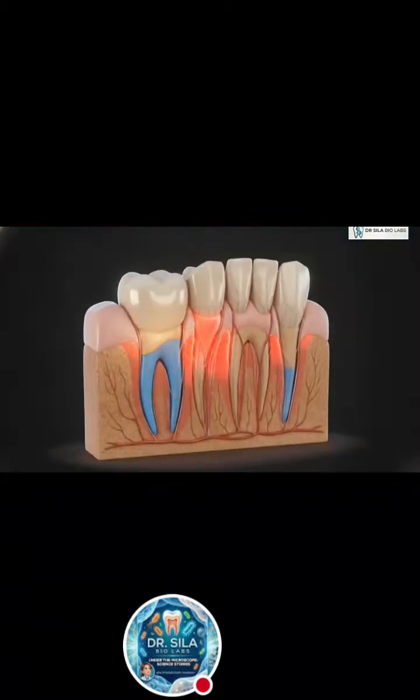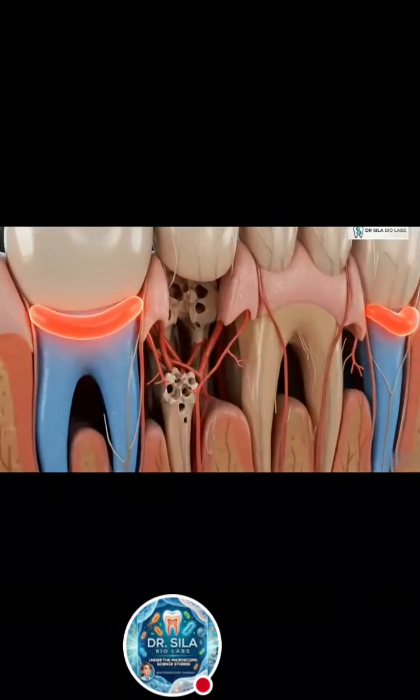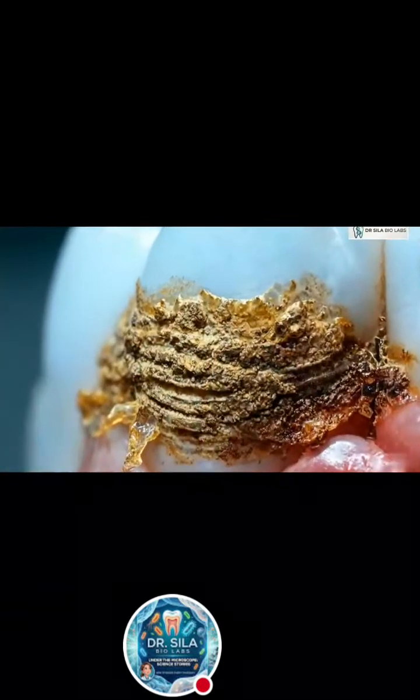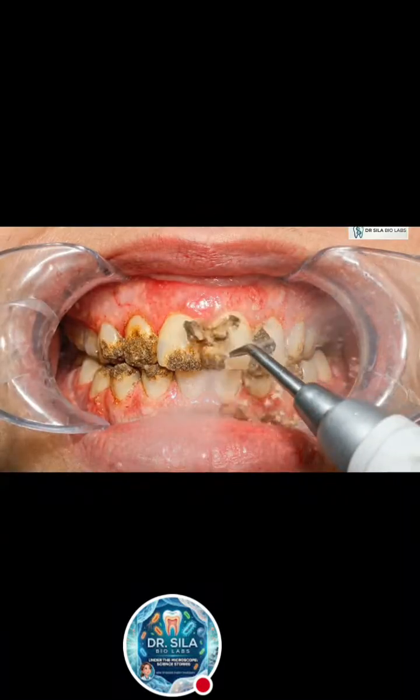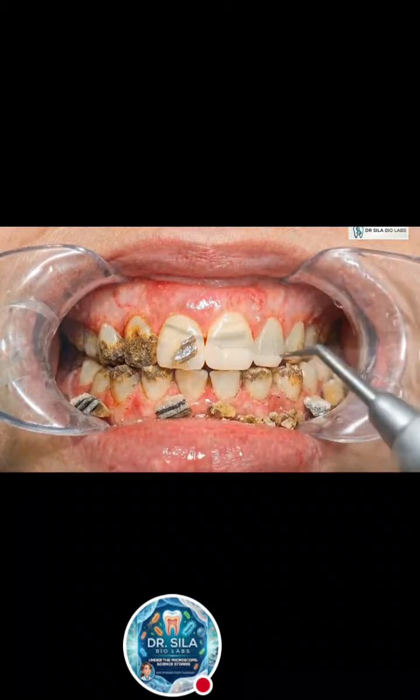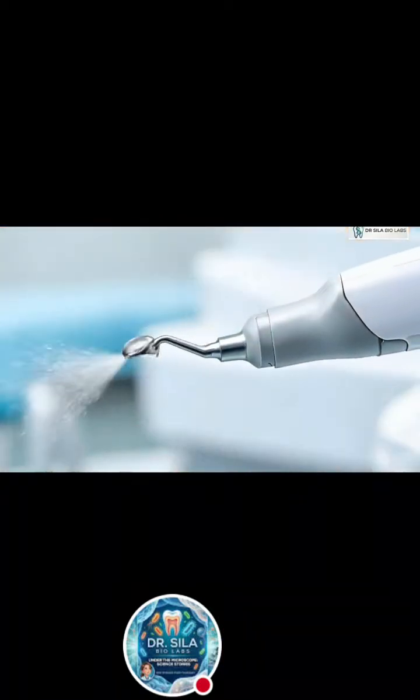As bacteria multiply, the gums become inflamed, a condition known as gingivitis. Left untreated, it can progress into periodontitis. Fortunately, this destructive process can often be interrupted. Scaling removes plaque and calculus, while careful